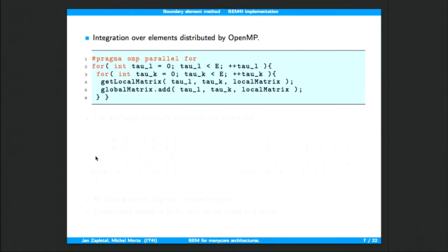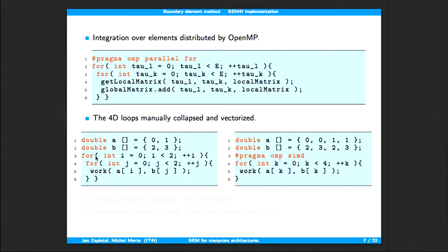But first of all, as I said, we also use threading for the local element contributions. So this can be seen here, but this is not what I want to concentrate on. I would like to concentrate on the vectorization, on the collapsing of the 4 loops. So what we do here is that we collapse the loops manually and vectorize them using the OpenMP SIMD pragmas. This is just some dummy code where we perform some work on 2 arrays. So here are 2 nested loops. Instead of that, we switch to 1 loop where we index with the same index k, which leads to data